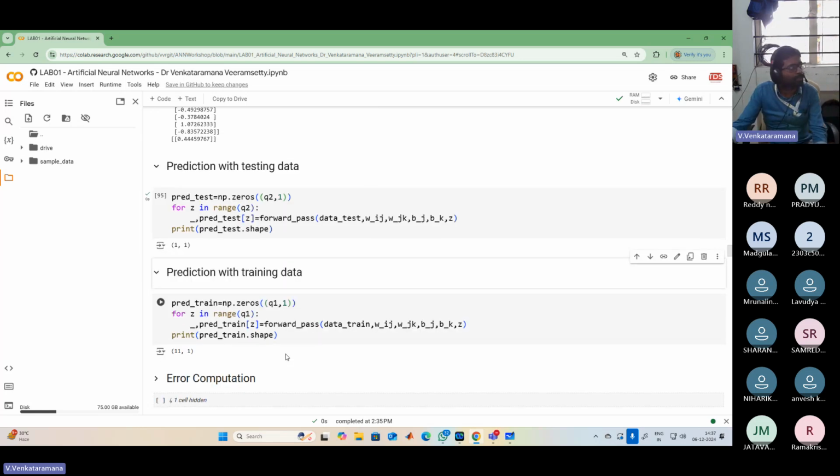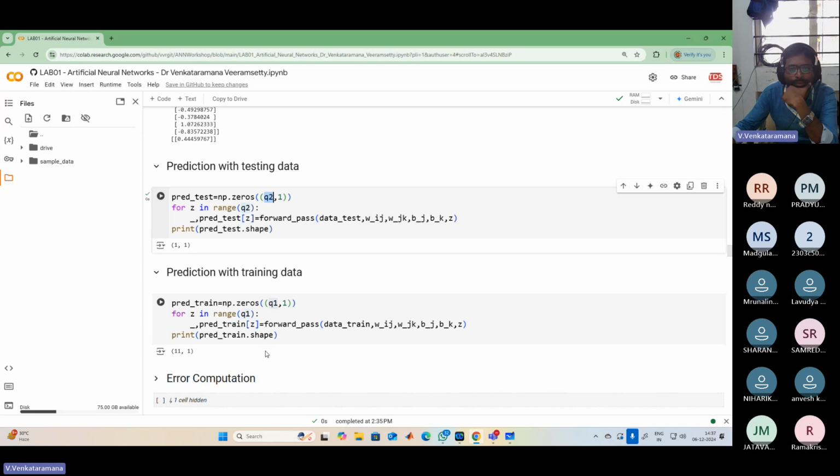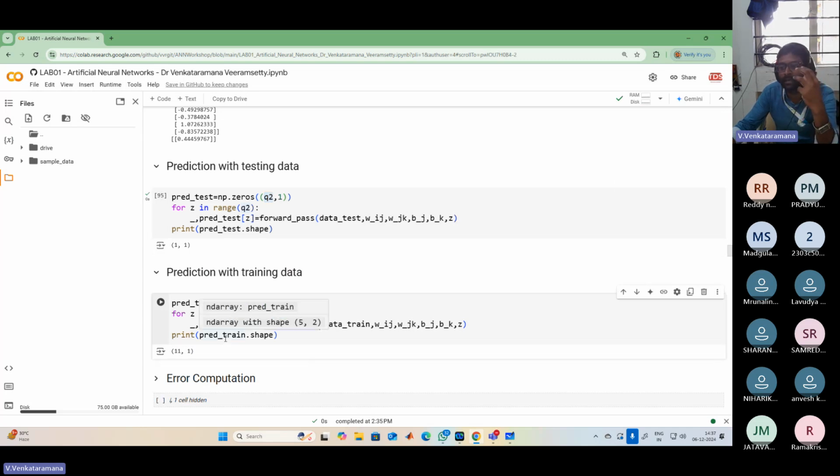Similarly, you can go with predictions of the training data. So training data, that's why I'm taking the Q1. Here it's the testing data, that's why it's the Q2. Again, for predictions, only take the forward pass. Because prediction is nothing but the prediction available at the output neuron, output layer, you have to keep only the second part, and the first part should be underscore. Because the first part is the OJ, output of the ReLU, that's not required at the time of the prediction of test data. So simply run this cell, then all the predictions with the training data are stored in preditrain, all the